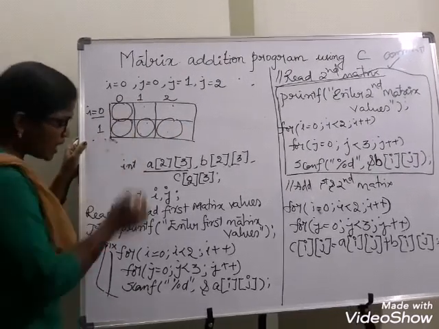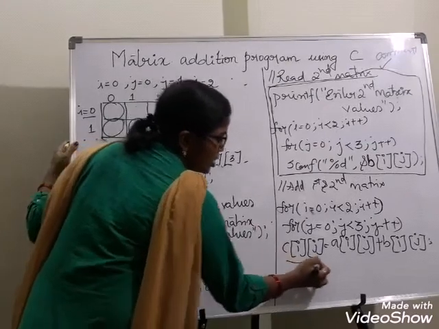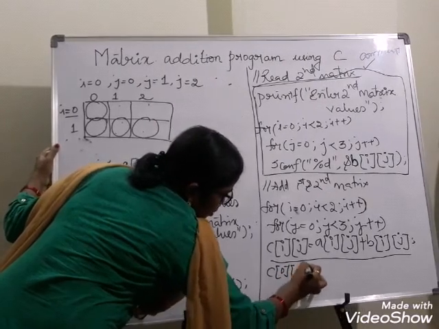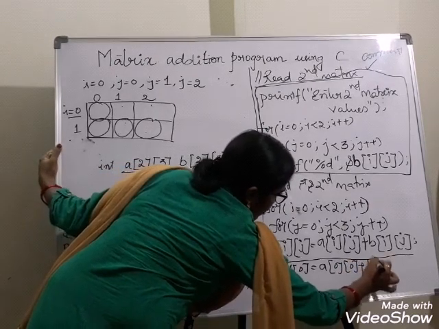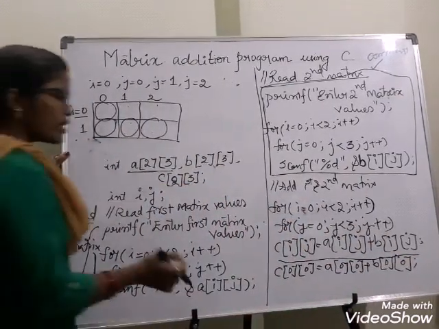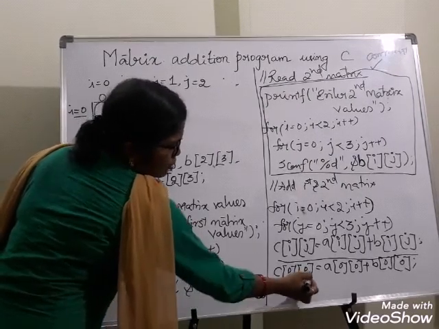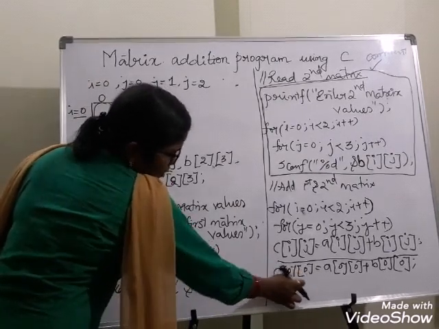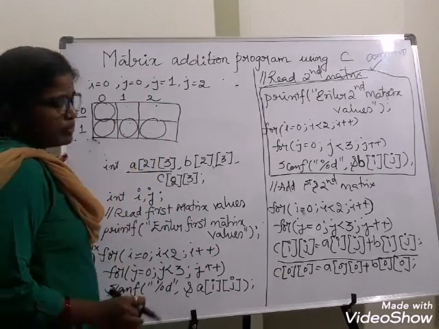The same thing is happening for reading the first matrix, reading the second matrix, as well as performing the addition of 2 matrices. So what you are doing here, C of 0,0 will be performed as A of 0,0 plus B of 0,0. Hope you are understanding. Like this, what you will do next: C0,1, C0,2. You will continue with C10, C11, C12. So those 6 values you will be performing. Okay?